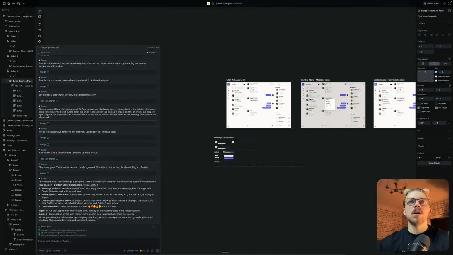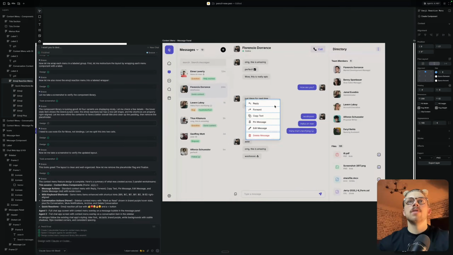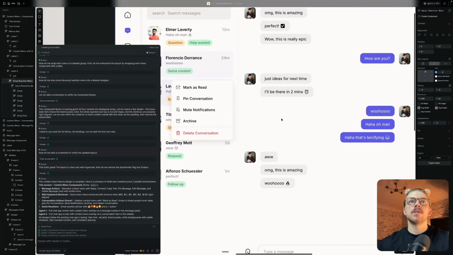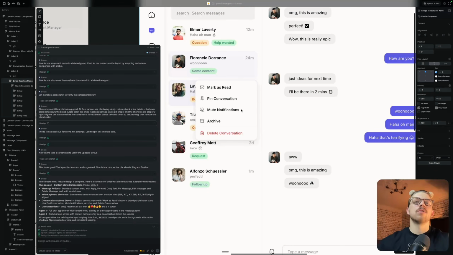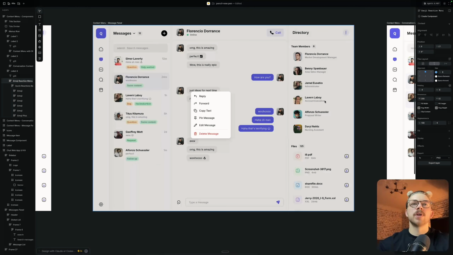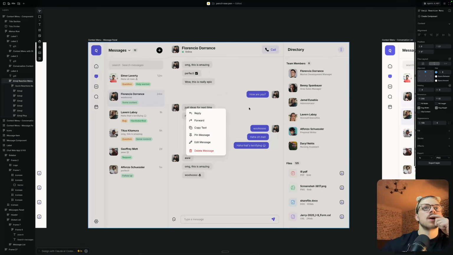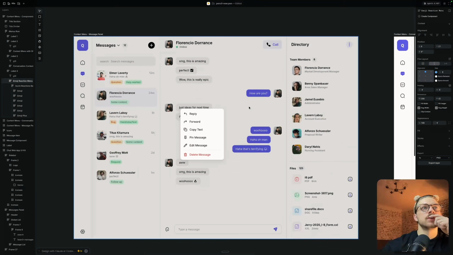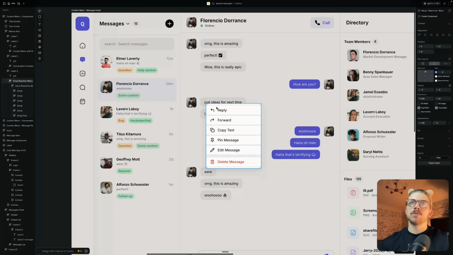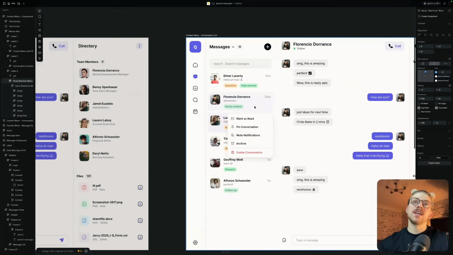Okay, and what about clicking? When we click here, we see this, and in here we see the context menu for chat. And as you can see, let's minimize this window. It's freaking me out. For a message, it created some dark overlay background, so we have better contrast for the context menu, but for chat,